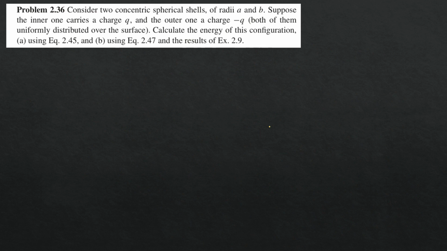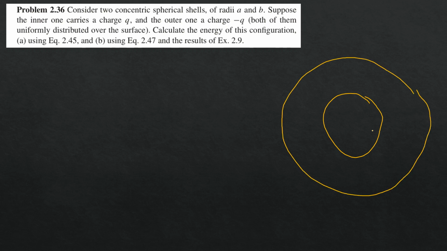Problem 2.36. Consider a concentric spherical shell of radius A and B. Suppose the inner one carries a charge q and the outer one carries a charge minus q. Both of them uniformly distributed over the surface. Calculate the energy of this configuration